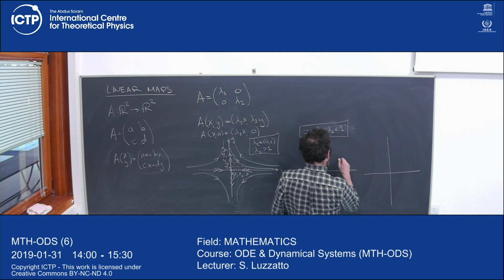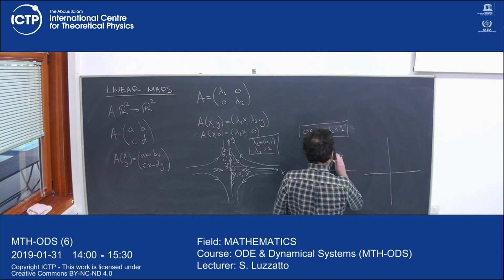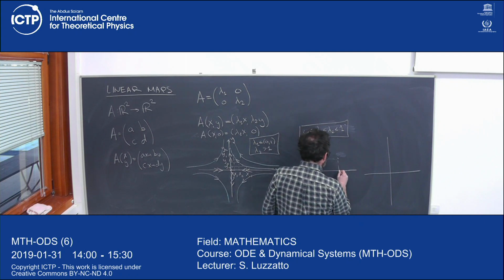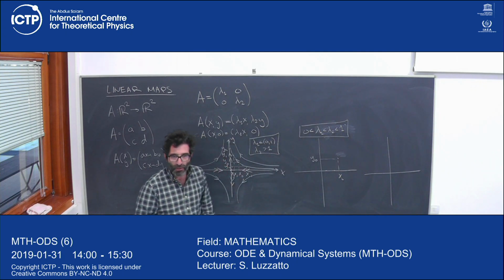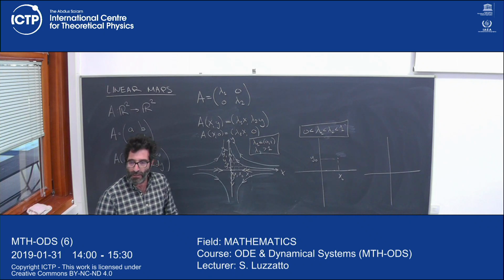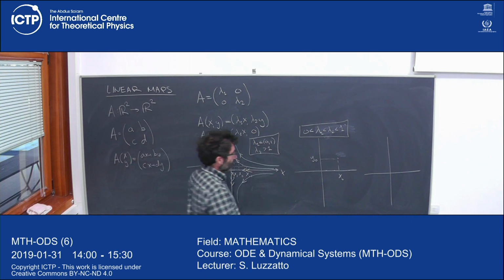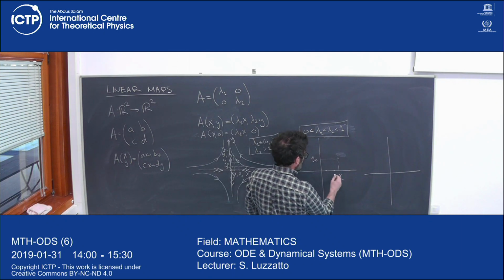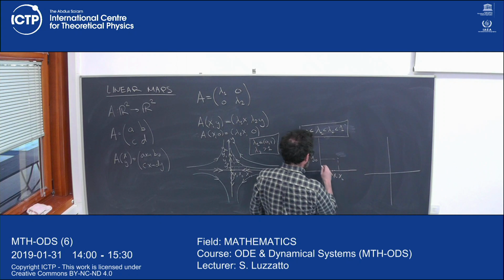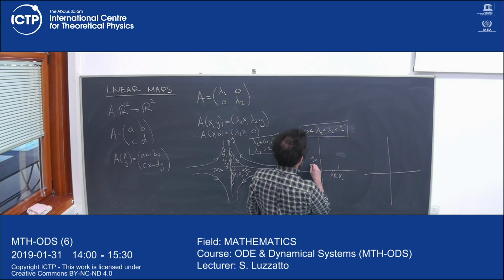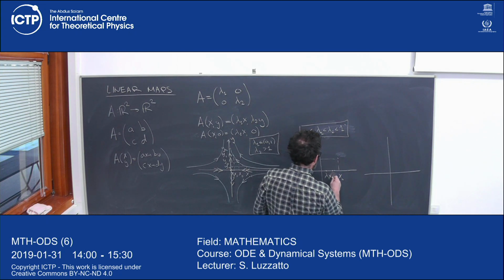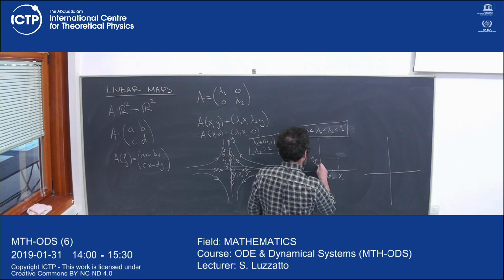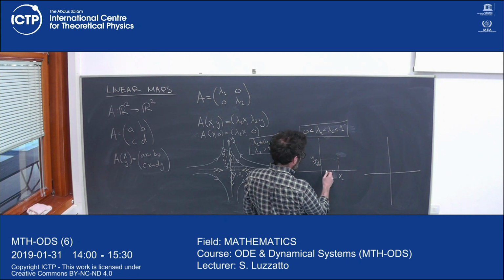So if you take a point x0, y0, the x coordinate will be converging to the origin, the y coordinate will be converging to the origin. So what would be the shape of the curve that it lies on? Will it be a straight line? Well, not necessarily, because this will be lambda 1 x0, and this will be lambda 2 y0. In fact, in this case, it will be a little bit different. So they will not be